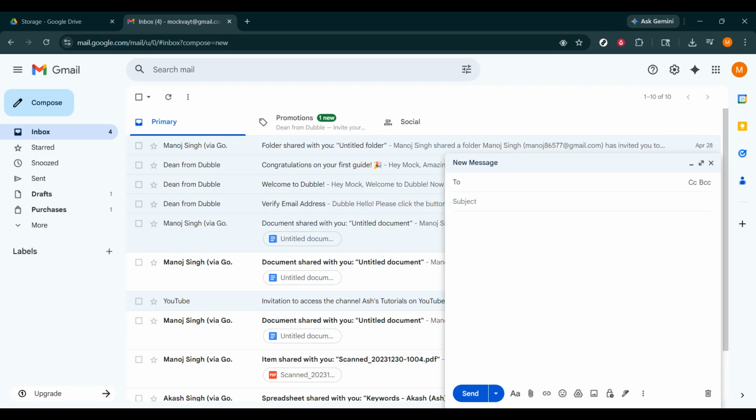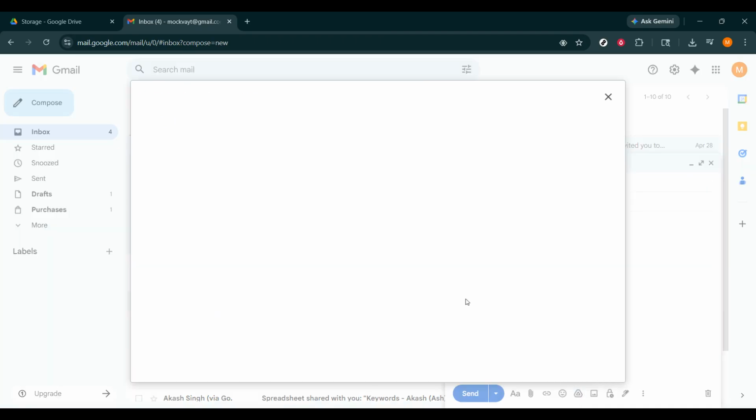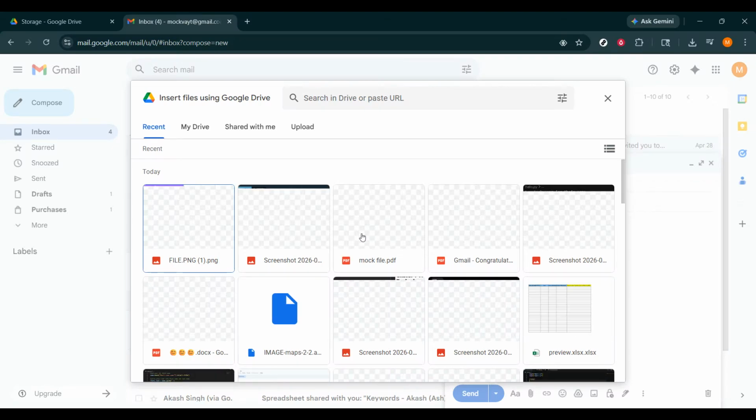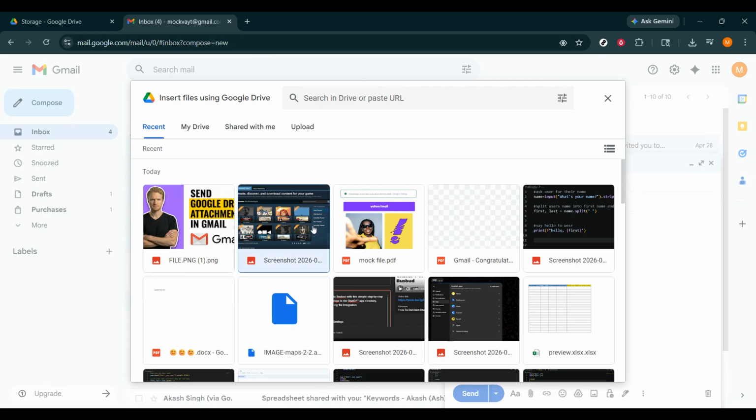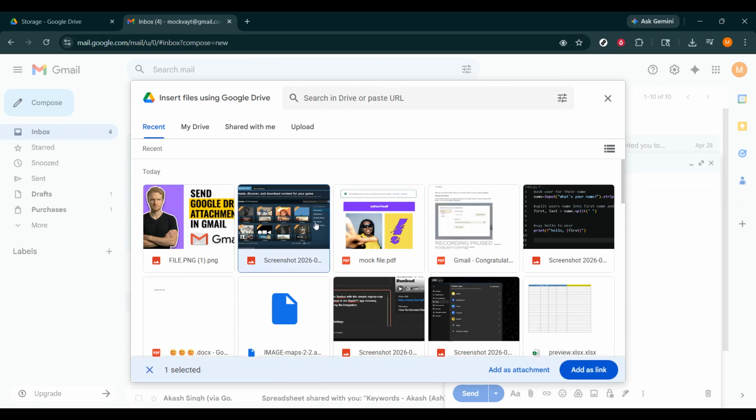Now, at the bottom of the email window, you'll see several icons. Look for the Google Drive icon, which looks like a triangle. Click that icon to open your Drive files directly from inside Gmail. This is the key step that lets you insert a document from Google Drive without downloading it to your computer first. When the Drive window opens, you'll be able to browse your files and folders,